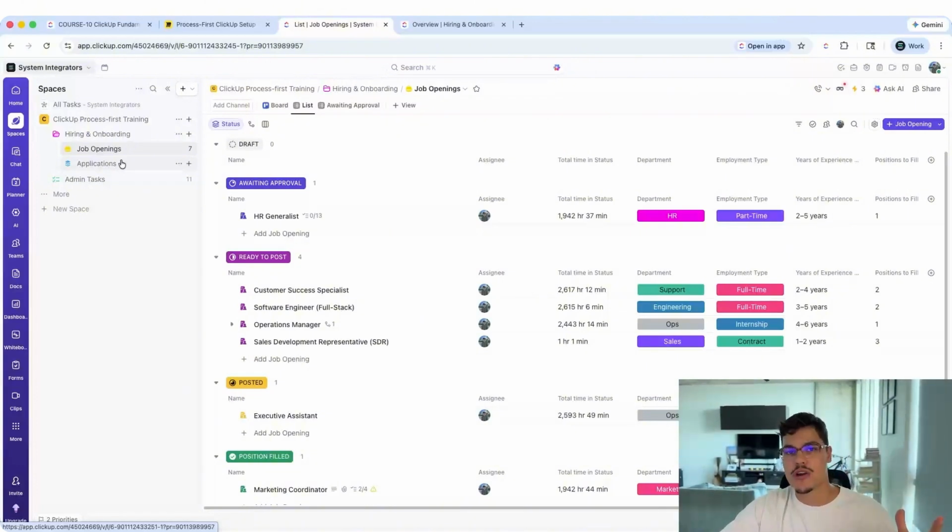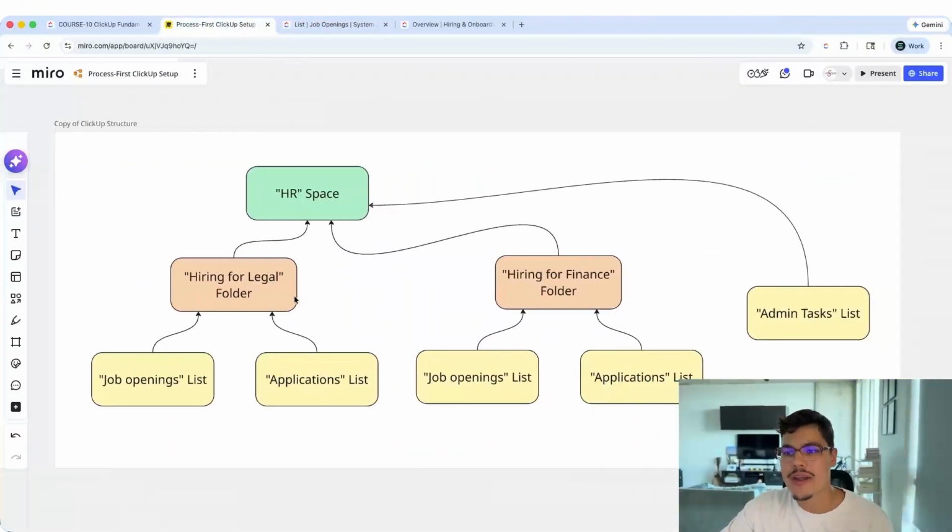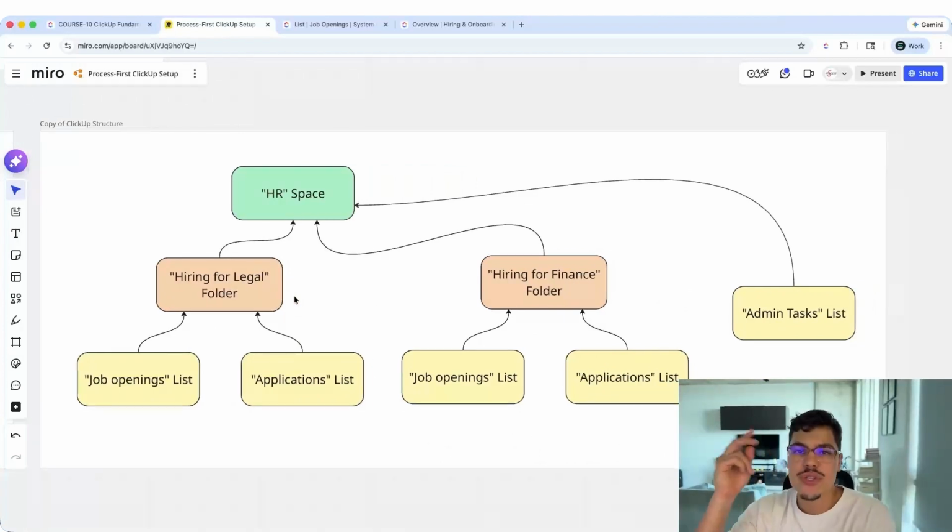I always encourage people, and whenever I do this, I usually come up with at least two structures. Because when I present it to the teams and I say, hey guys, this is how we can organize work in ClickUp, I want them to have different options. For example, this is the first version, but if I were to think about this a little bit further, I might have an idea that I have two departments, let's say legal and finance departments, and because of some different